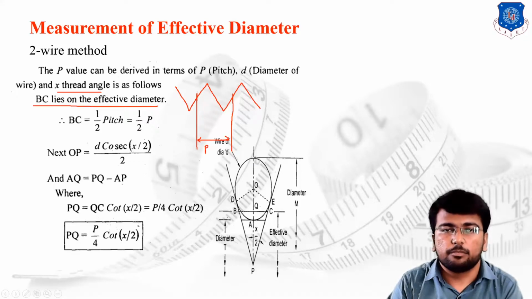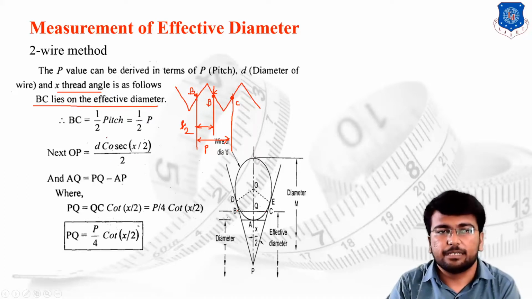Suppose I make a proper bisection, and if the tip profile is uniform, then this is the bisection view. This particular point is known as P by 2. Now where does BC stand? You can check from the figure. If we are considering B over here, then this is B to C, the end points of the flanks. I can say that BC is equal to P by 2.